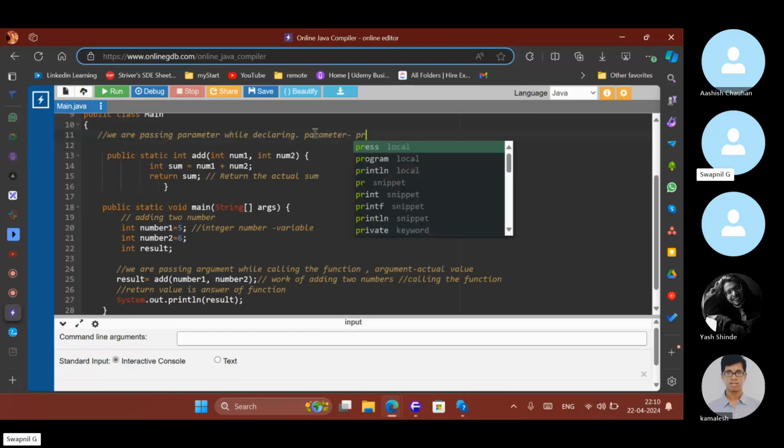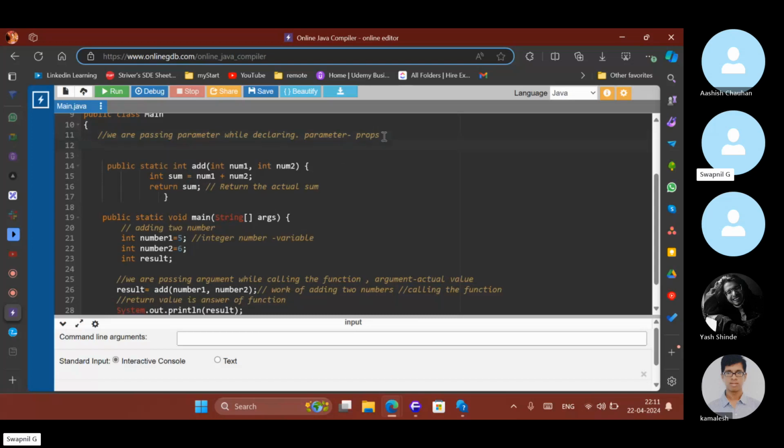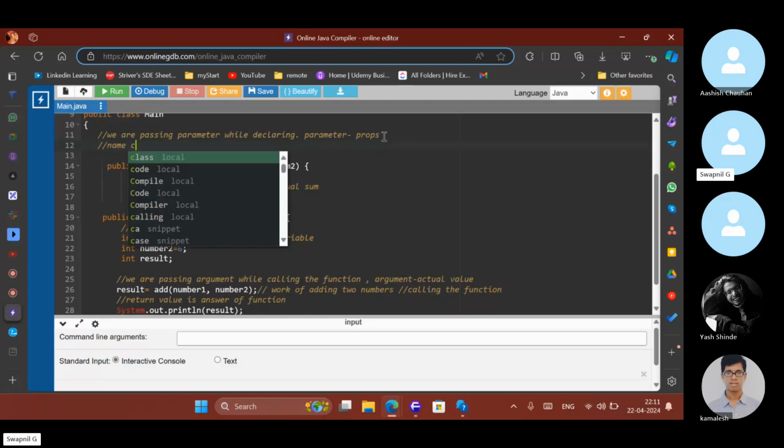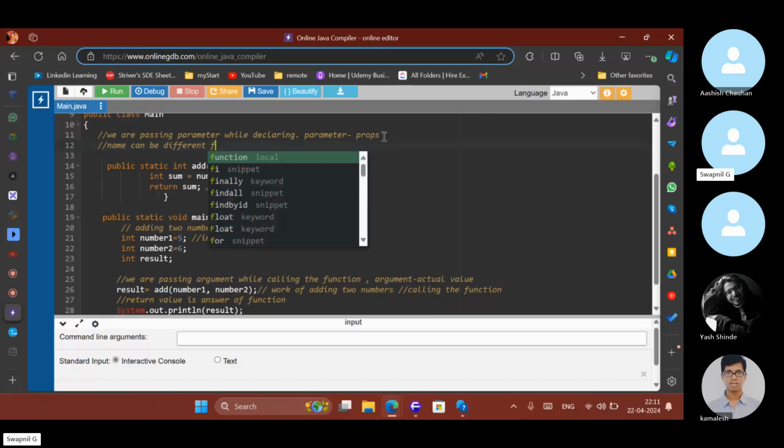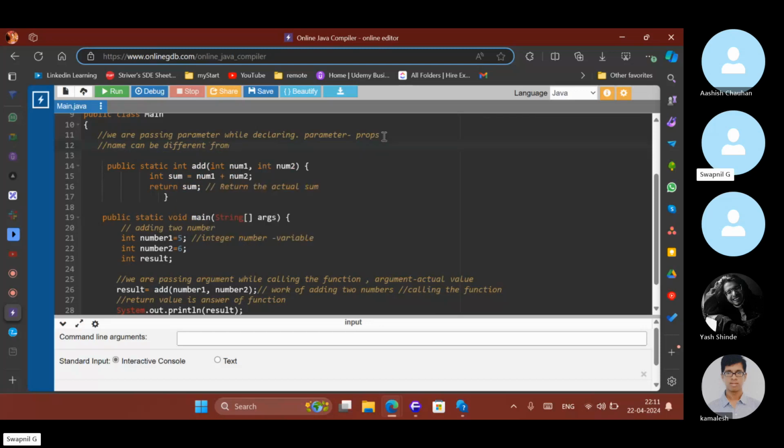Parameter is prop. In React, you will learn about props as well. In React, they don't call it params, they call it props. So we will learn about props. What is props? The parameter name can be different from the argument.